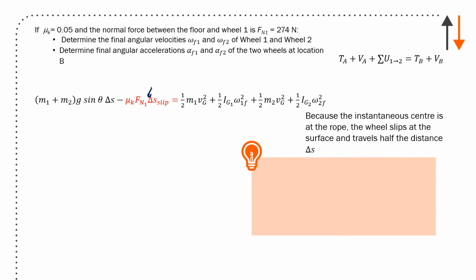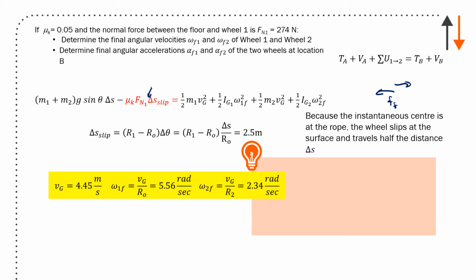So you're going to travel in one direction, and you'll have force of friction in this direction, and this is your direction of motion, and so you end up with a negative value. Total distance traveled is going to be 2.5 meters. You can calculate Vg, omega 1, omega 2, and you can use kinematics in this case, because you know what the initial velocity is, what the final velocity is,